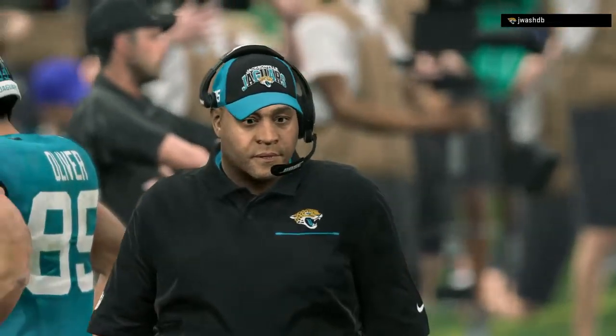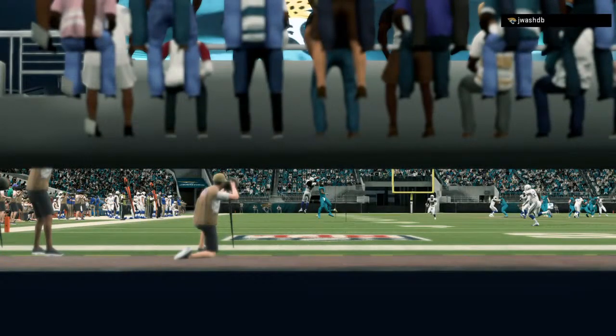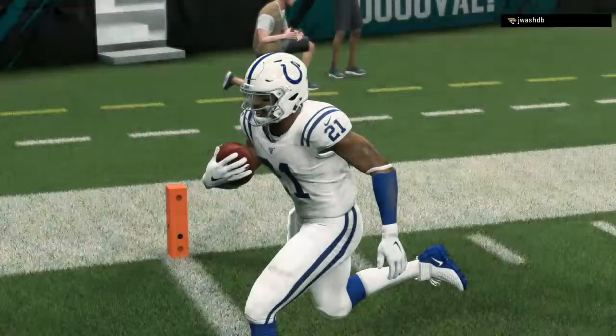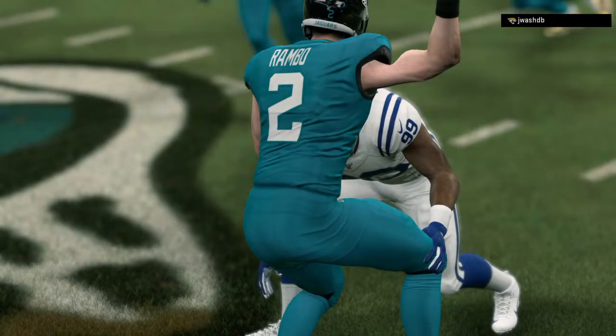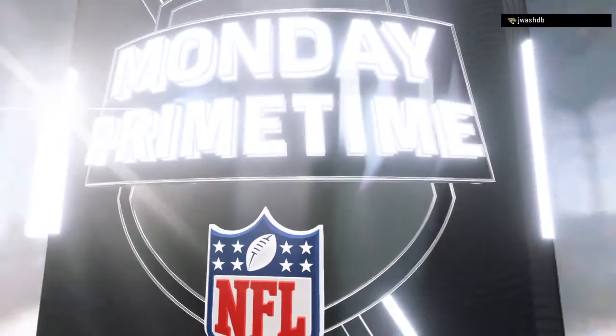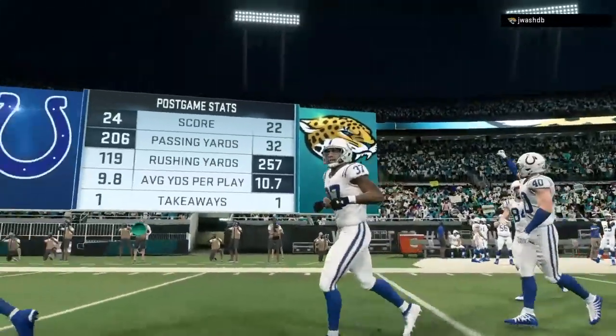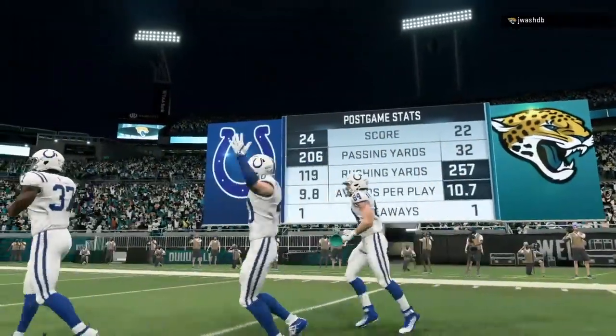Well, going into the final play of this game, they knew that they needed some type of a miracle there at the very end, but they couldn't get it done. However, we were treated to really a spectacular affair. Even though they didn't finish it off, you're exactly right. They took us down to the last play. You're wondering, could it happen? Possibly, even though we both knew it was a long shot. So for Indianapolis,